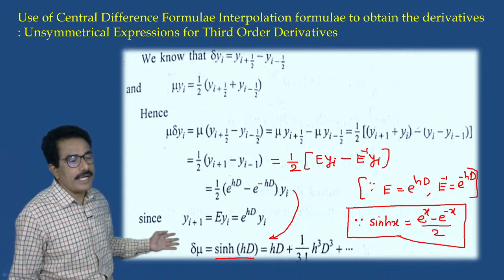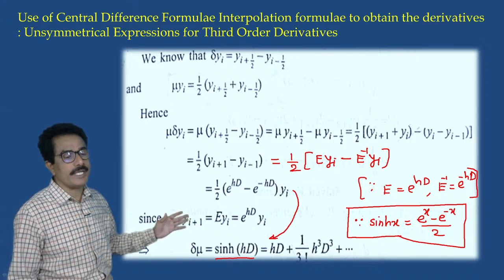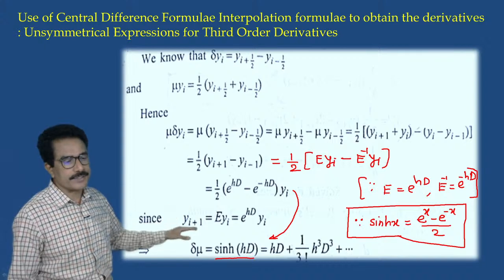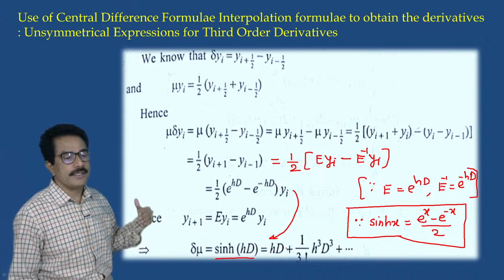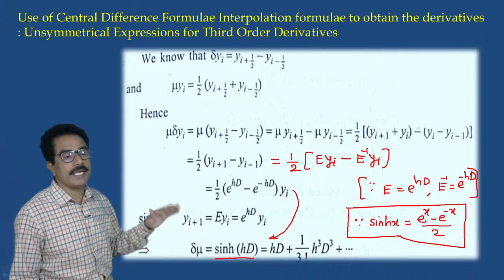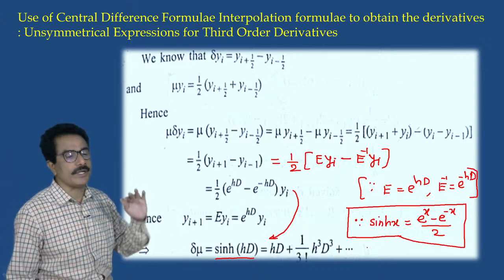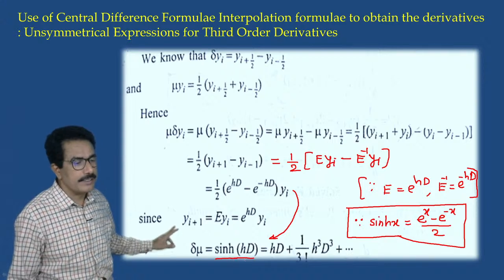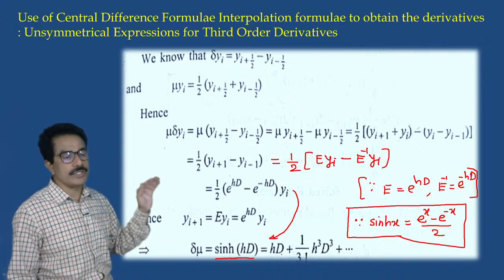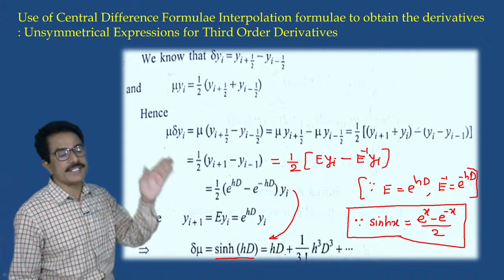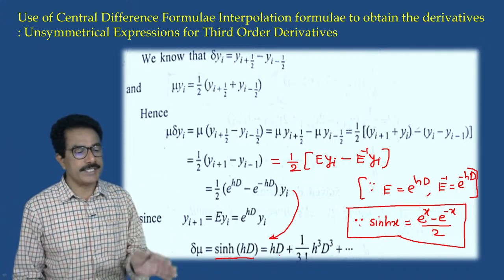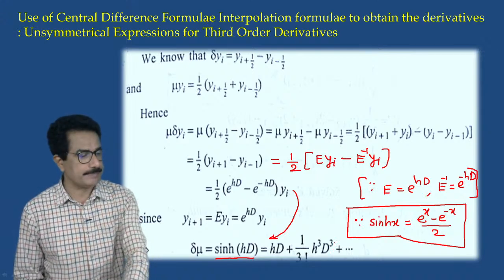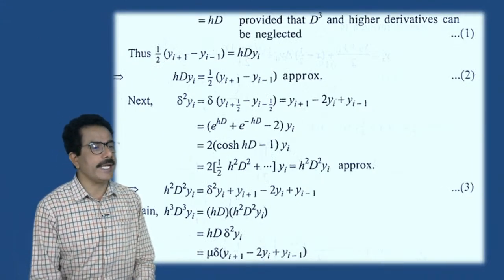Now take the expansion formula of sine hyperbolic hd. We can expand this: sine hx means x plus 1 by 3 factorial x cube, in this way, 1 by 5 factorial x raised to 5, in this way. We can expand this: mu delta mu is equal to sin hd, and sin hd can be expressed as hd plus 1 by 3 factorial h cube d cube in this way. So we get,